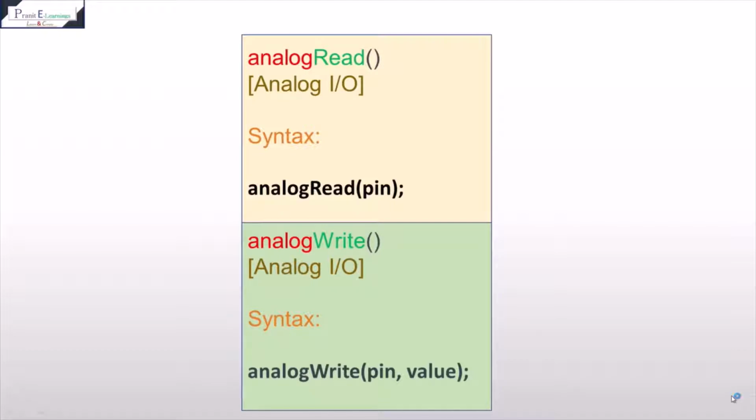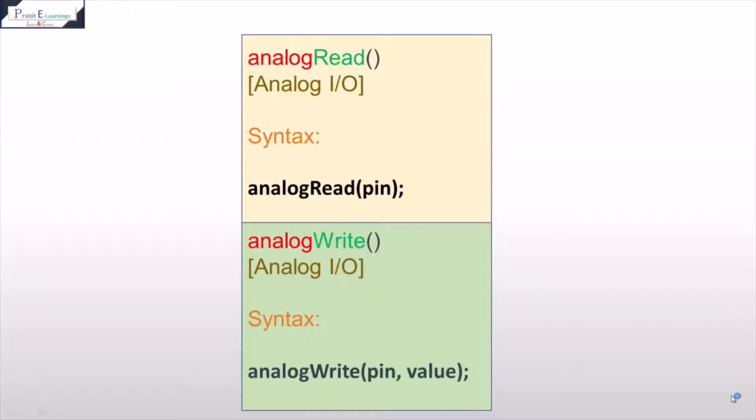For using PWM on Arduino, there are two important functions, that is analogRead and analogWrite. These functions are the same as the digitalRead and digitalWrite functions, but the difference is there the signal was digital and here you have a signal as analog. For reading the analog input, you use the function analogRead, and for giving an output as analog, you can use the analogWrite function.